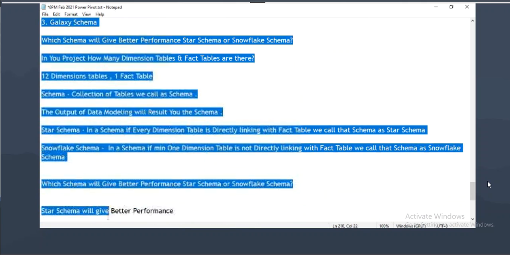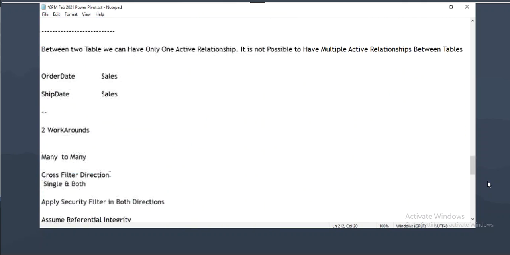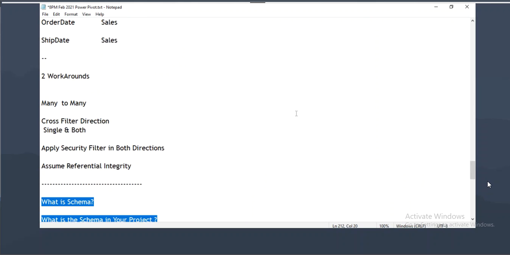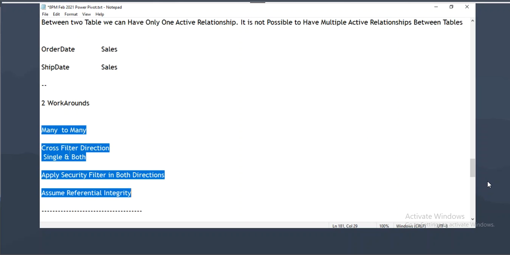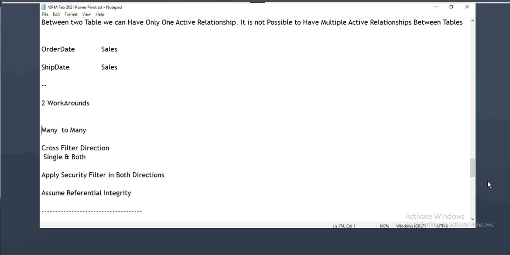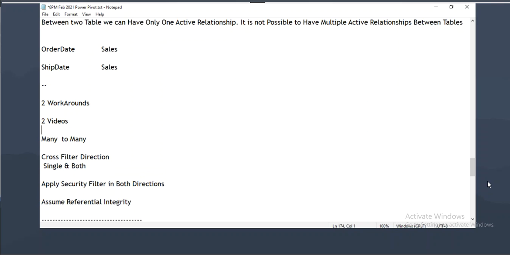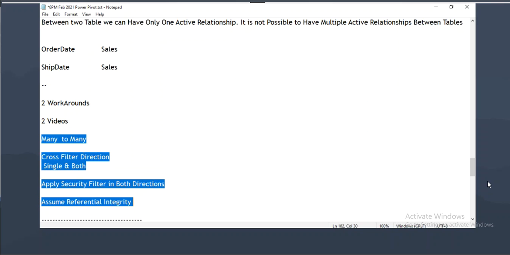Fine, guys. We're done with all the data warehousing concepts, whatever I listed here. So I'll share 2 videos with you. The 2 videos will explain the remaining pending topics. The remaining pending topics are a bit complex. Even when I explain in the class, there is a lot of navigation involved, and remembering the navigation is a bit difficult. Tomorrow and day after tomorrow we don't have class, Saturday and Sunday. Next class is on Monday. Right now, I'll share 2 videos with you. The 2 videos will explain every topic I listed here.